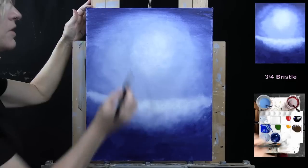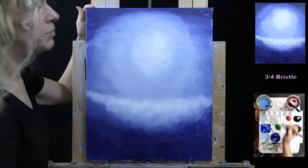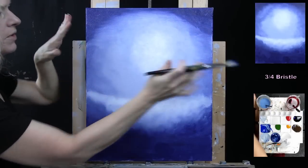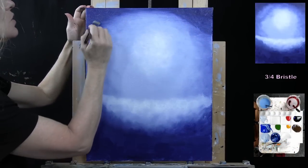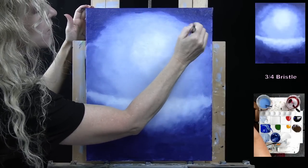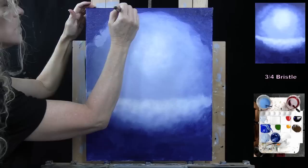So I'm picking up more of my dark blue to go up in this left-hand corner. I'm going to pick more up to go up in this upper right-hand corner. And you can see I'm kind of staying away from where it meets that light blue at the moment, just so I can get as much of this dark blue on. There we go, that looks pretty good. Now I can start picking up my light blue, just a little bit on my brush, to get these two sections to kind of talk to each other,